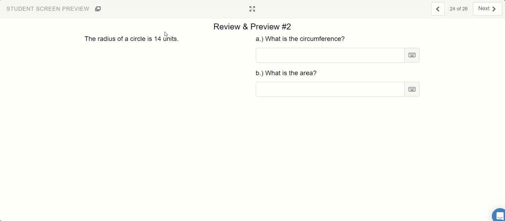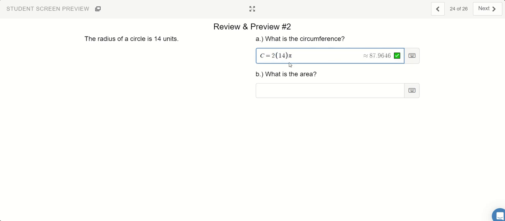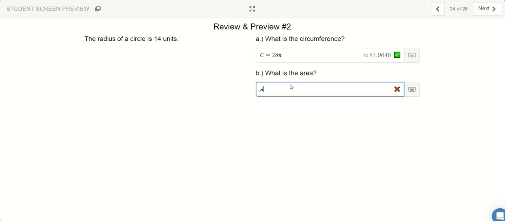Okay. So, given radius 14, what's the circumference? Again, we know that circumference is diameter pi. In this case here, diameter is the same as having 2 radii, 2 of those arms connect to make the whole diameter. So it can be 2 times 14, you can think of the whole diameter as 28 pi. What's the area? Area is pi r squared. And since we already know the radius, I can just replace r with 14. 14 squared is the same as